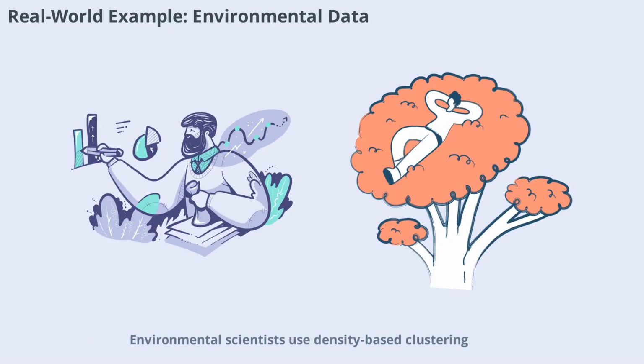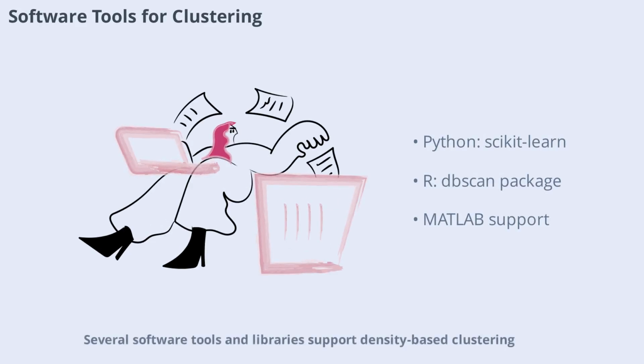Environmental scientists use density-based clustering to analyze spatial patterns in data such as pollution levels or animal populations. By identifying dense regions, researchers can focus on areas of concern or interest, leading to more effective conservation and policy decisions. Several software tools and libraries support density-based clustering, including scikit-learn in Python, R's dbscan package, and commercial platforms like